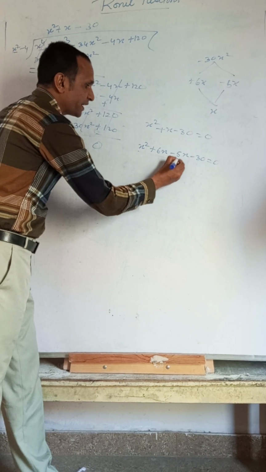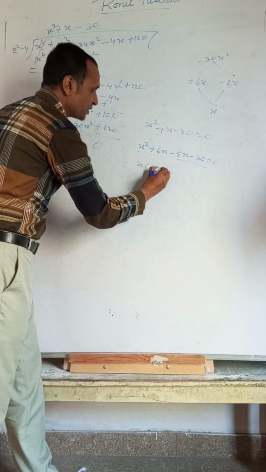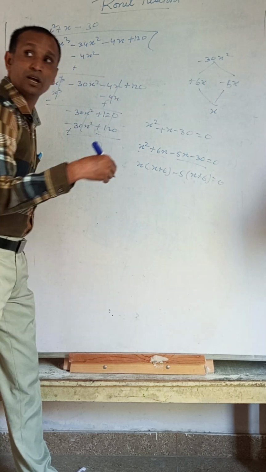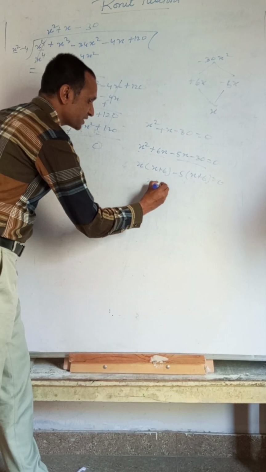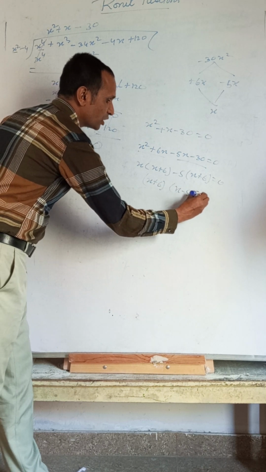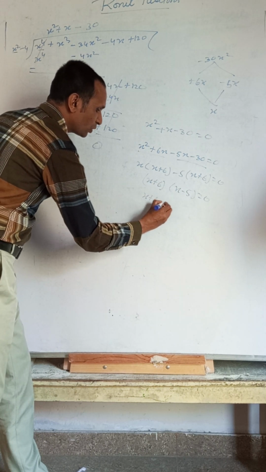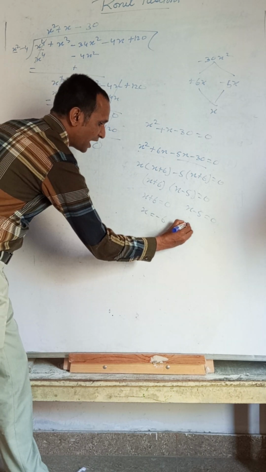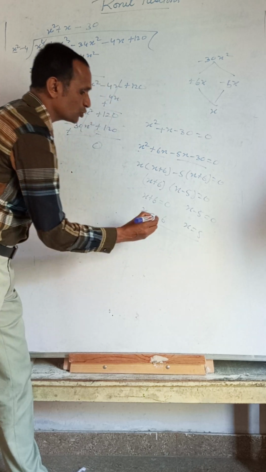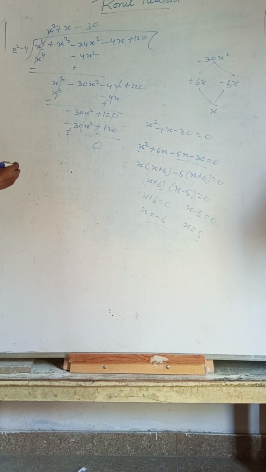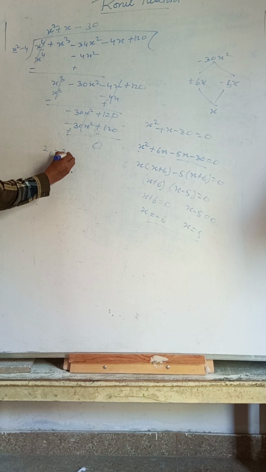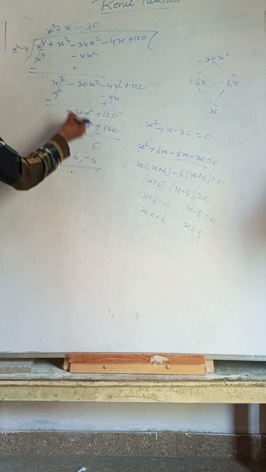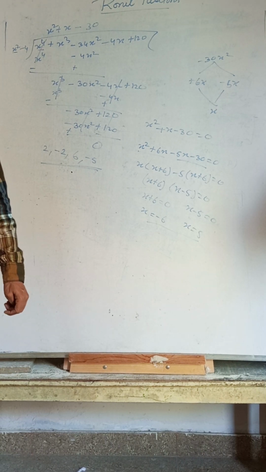So here by taking common, x is common, x plus 6, minus 5 common, x plus 6 is equal to 0. Next again we can write it like this: x plus 6 and x minus 5 is equal to 0. Then x plus 6 is equal to 0 and x minus 5 is equal to 0. Then x is equal to minus 6 and x is equal to 5. So there are the other two zeros here. What are the two zeros? First two zeros given: 2 and minus 2, third we got 6 and we got minus 5. These are the zeros of the given polynomial.